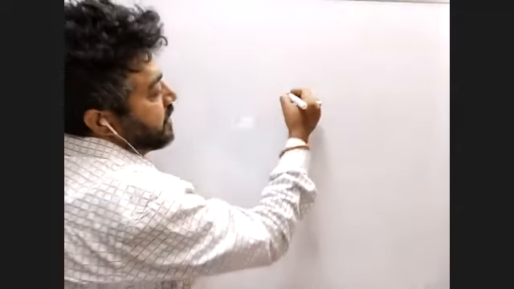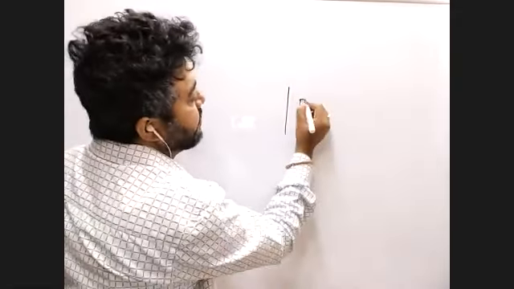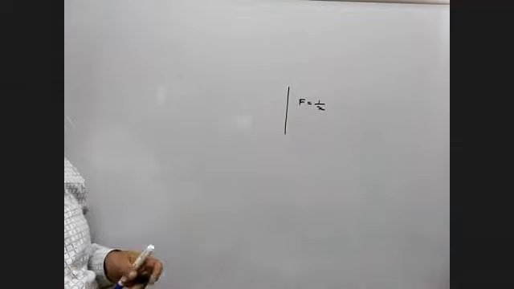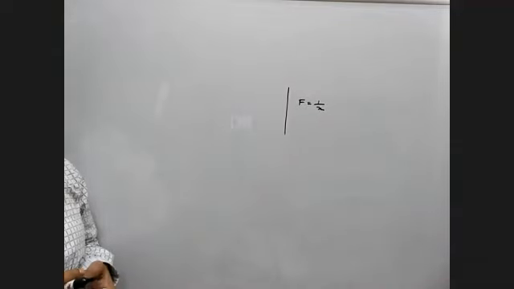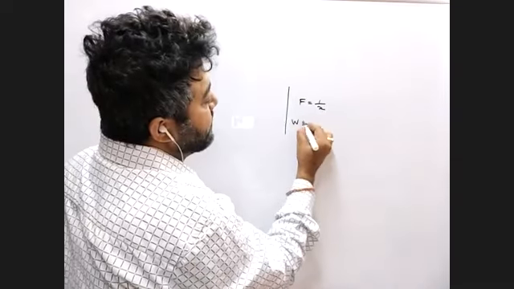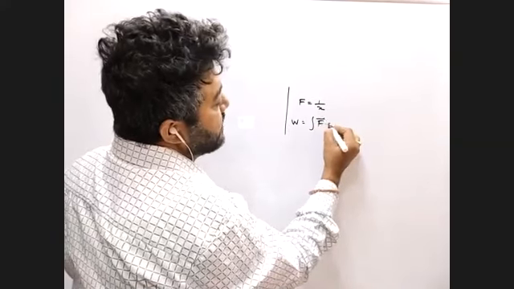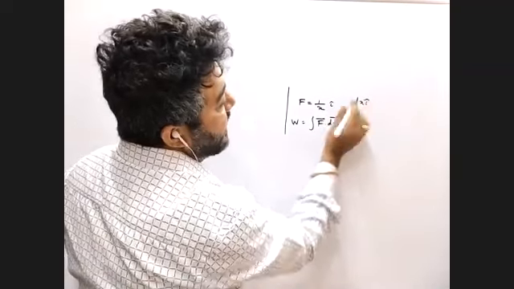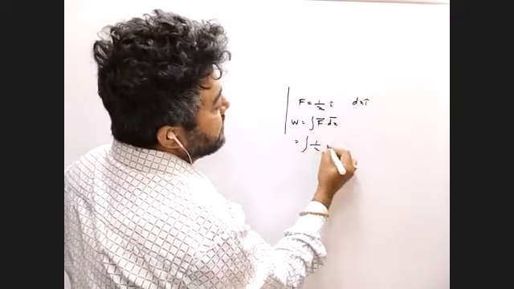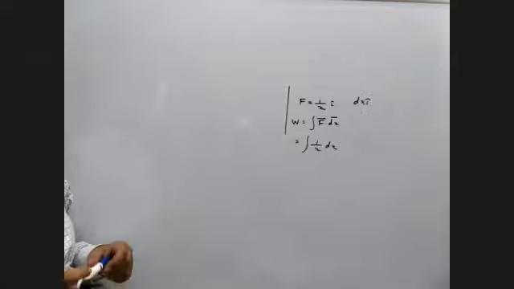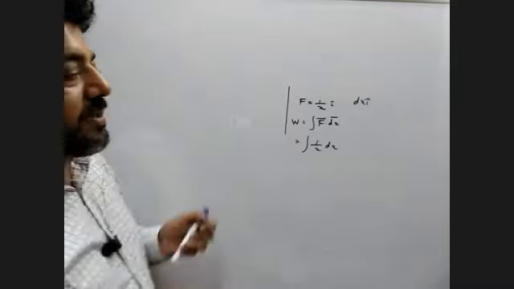In variable force, one formula you can note down. Suppose they give you force in the form of 1 by x, and they say it is moving in the x direction. So whenever you have 1 by x, work done means F dot dx. Here x means i, and dx is also i, so i dot i is 1. You can directly use 1 by x dx. Now my main concentration is, what do you mean by 1 by x dx? It's a new type of integration.